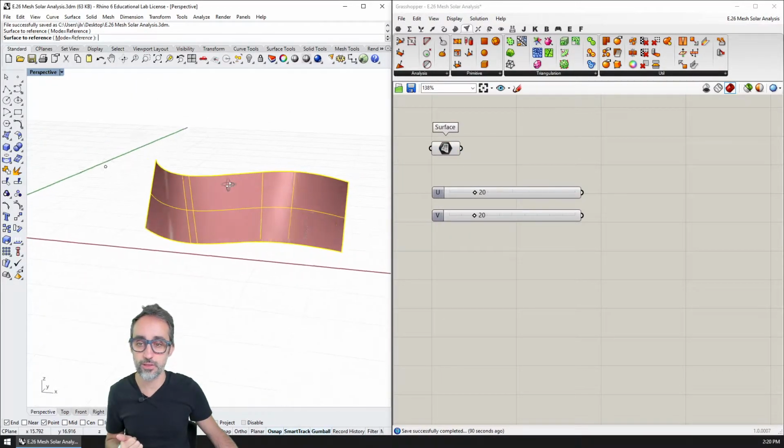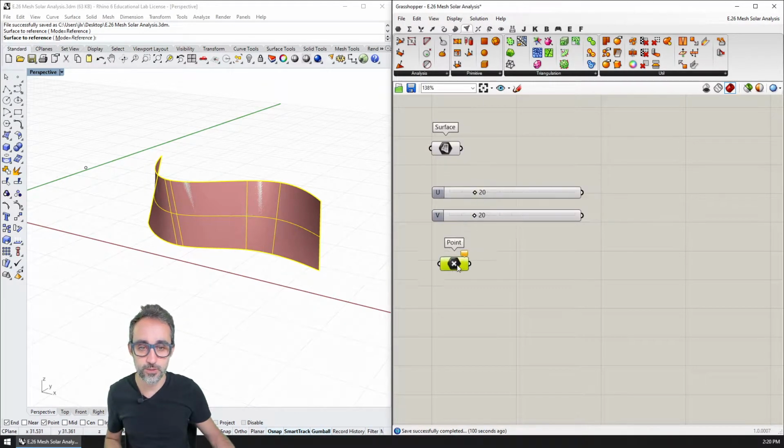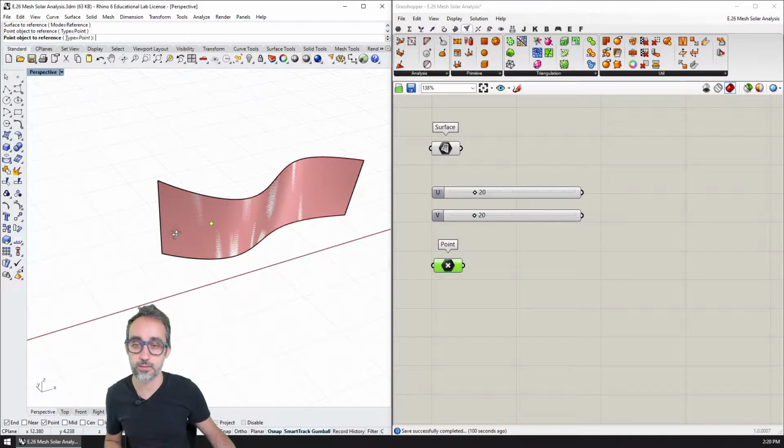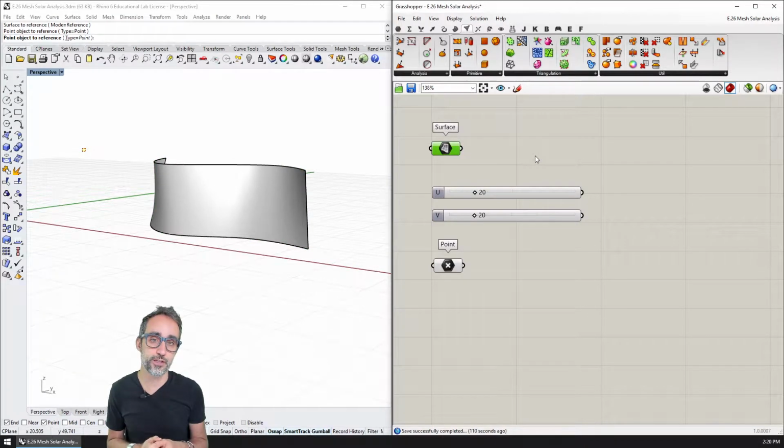So that's going to be one thing. I have it there, and then I'm also going to bring in this point, which is going to be the point that represents the center of the sun and where all those rays are coming from. Now, once I have the surface, the first thing that I need to do is convert that